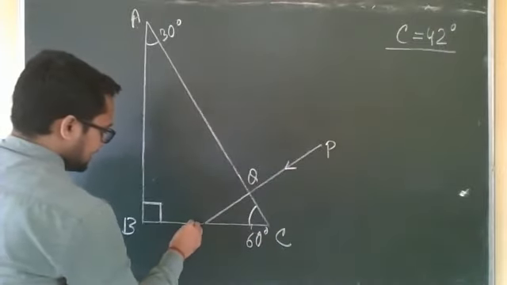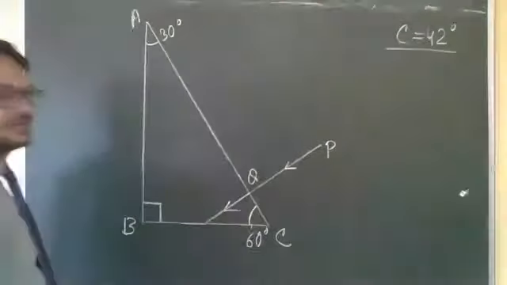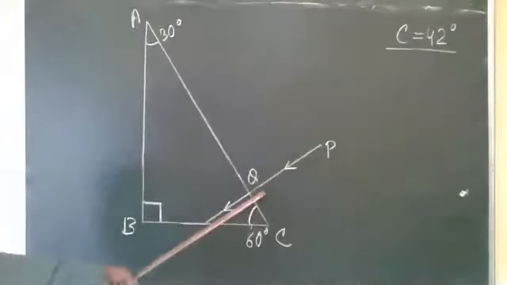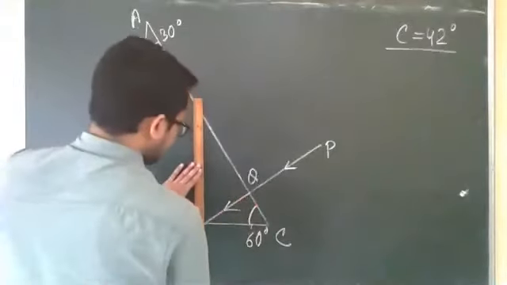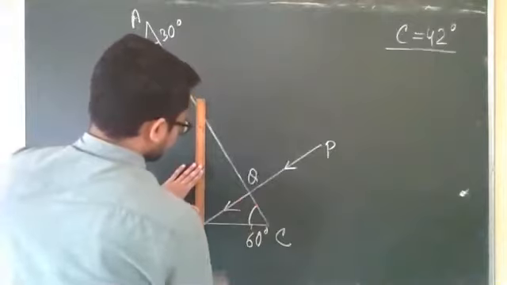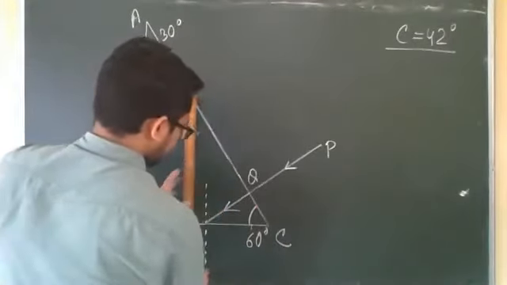So it is incident at surface BC without any deviation. It has entered through the surface AC. At AC, the angle of incidence is 0, the angle of refraction is 0, and the angle of deviation is also 0. Here we will find the angle of incidence. Something different will occur here.